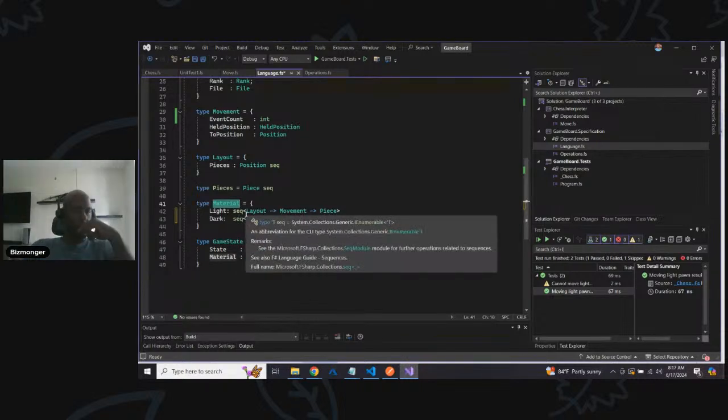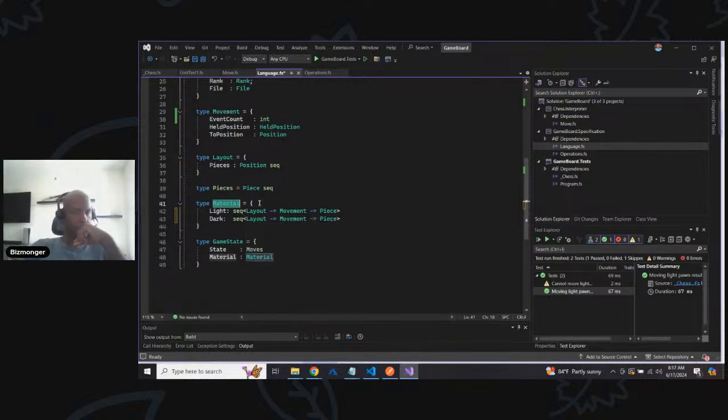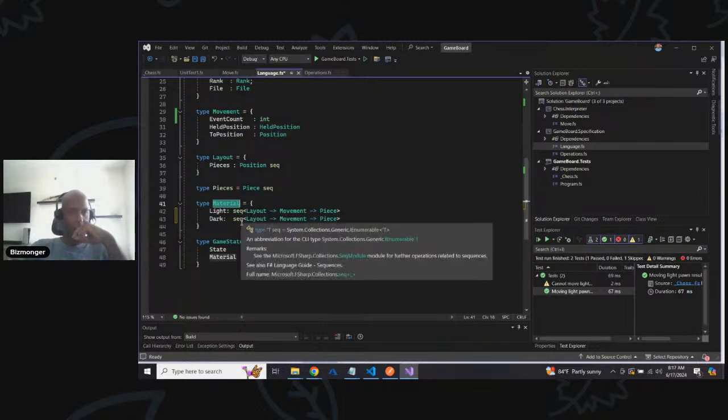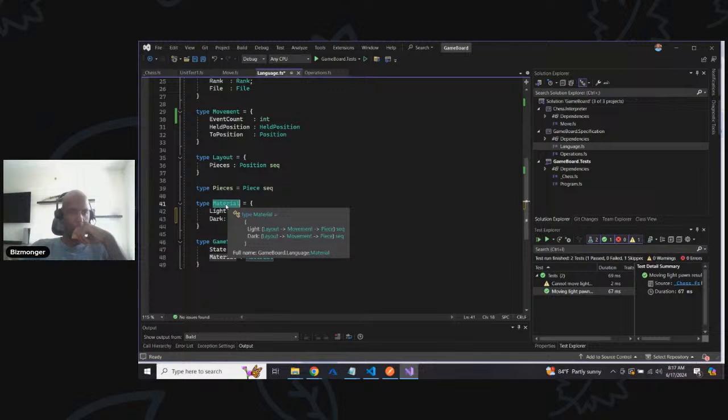Or should it really just be properties? So, for example, right now, your light and your dark, they're a sequence of operations that will help you identify what the material that was captured. And what I'm asking is,